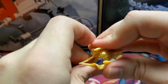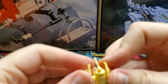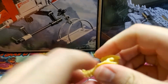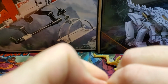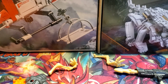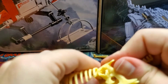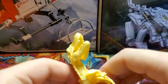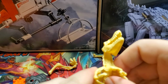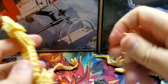Okay, so these bits go together like this. Stealing all of my lines from other YouTubers. Ha ha ha ha. How does this... come on. Need the strength of 10 men. Bear with me for a moment. I only have the strength of one small man. None of that strength is in my fingers. Ugh. Oh, he's falling apart already. Come on, Dino. There's no reason to be like this. I know you've been dead for millions of years and all that, but...